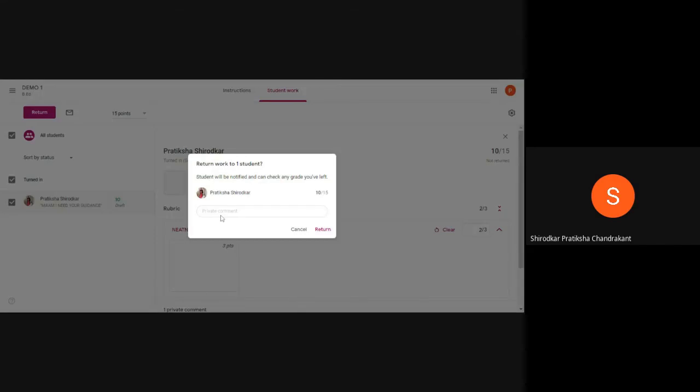Okay, so what this app is basically doing is keeping all the things very organized. It is keeping everything very much in sequence. Whatever marks you have put, whichever criterion, how many marks you have given, all those marks will be seen by the teacher. That's what this particular tab is showing us. So to me, I have graded 10 marks. Now I'm adding a private comment. Like I can say, very good. Okay, and I'm returning this particular work.